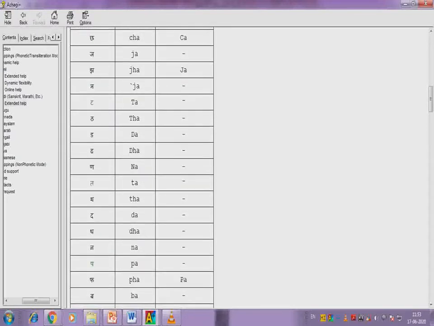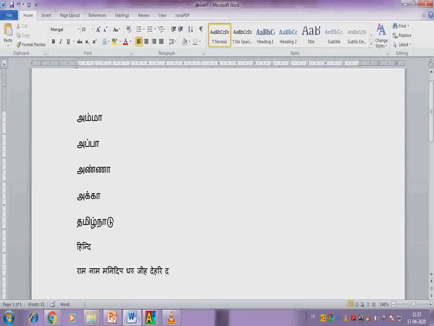Tehri tuar, you have to type, no? Tuvar, va. Which va do you have to type?